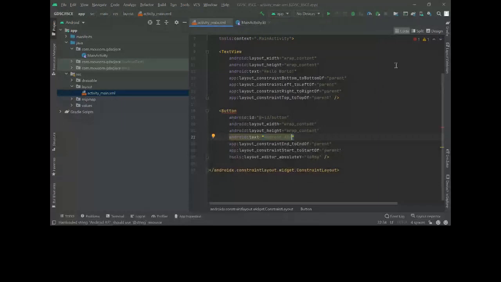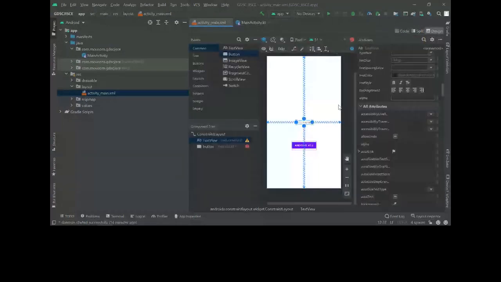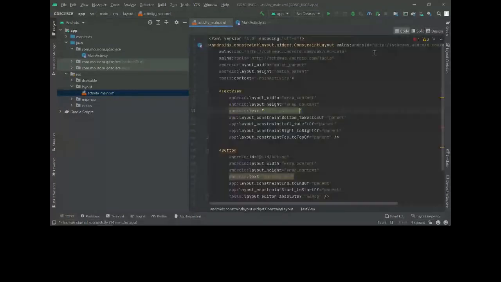For the text view as well, we can change this, Hello Android, and if I go to the design, then you can see Android. And if we want to change the size of the text, you can do that as well.